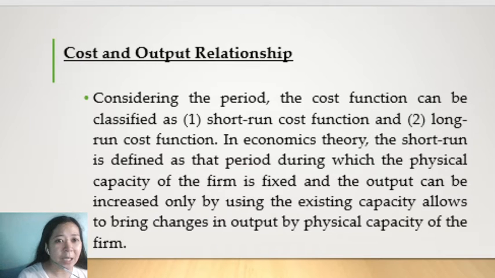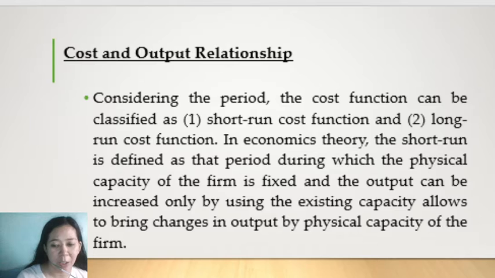So here, considering the period, the cost function can be classified as the short run cost function and the long run cost function. In economic theory, when we say short run, this is the period during which the physical capacity of the firm is fixed and the output can be increased only by using existing capacity, which will allow us to bring changes in output by the physical capacity of the firm. So that is for the short-term